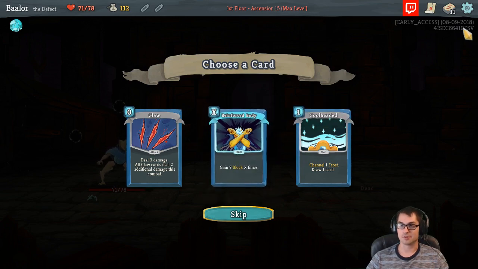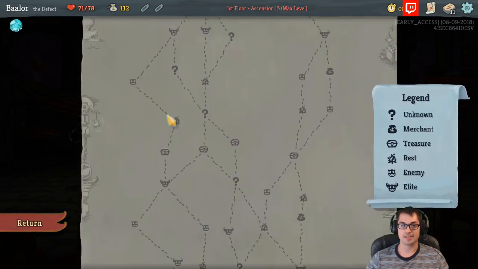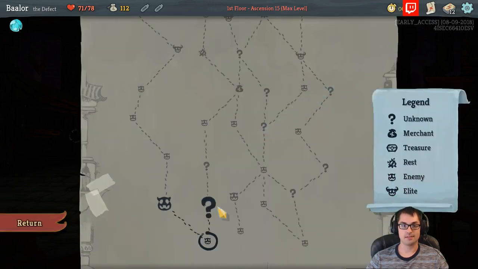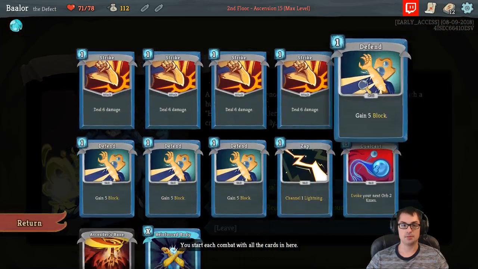I think this is Reinforced Body. For going Elite Hunting, Claw is actually good. I'm going to take the Reinforced Body, if I am forced to choose between Claw at the next one...